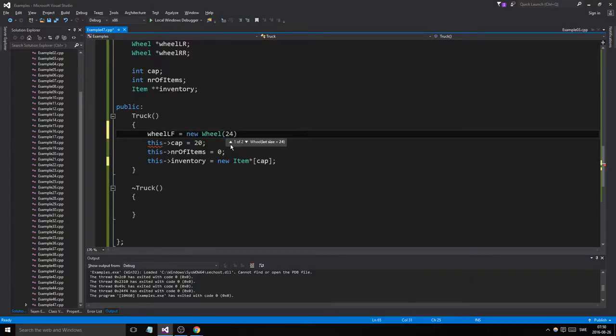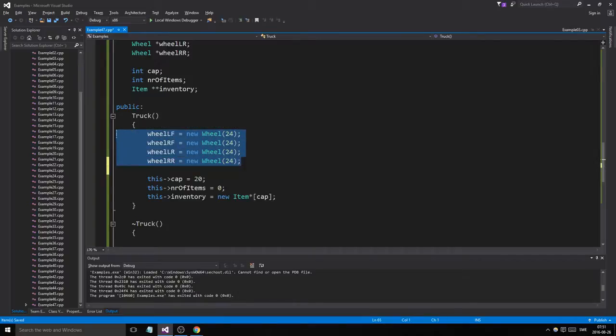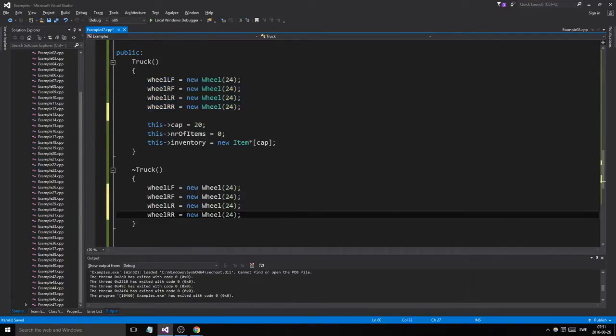Let's say they're 24 inches. Let's just say all of these are 24 inches. Wheel left front, right front, left rear, right rear. And I'm going to be lazy, and make sure we delete these directly